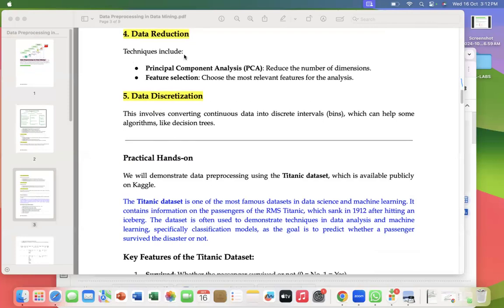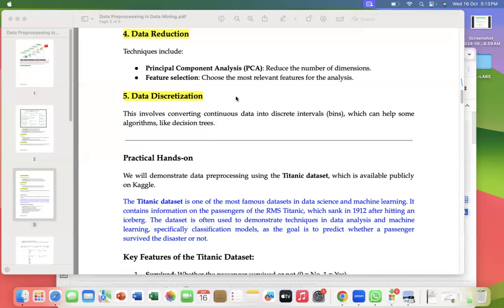Then data reduction. Data reduction means, as I told you, suppose we have 20 different attributes, but out of 20 we hardly need 3 to 4 attributes. From those 3 to 4 attributes, we can directly gain whatever we are expecting or searching for. In that case, we have to remove the other 17 attributes, right? This is known as dimensionality reduction. One very famous technique is principal component analysis,